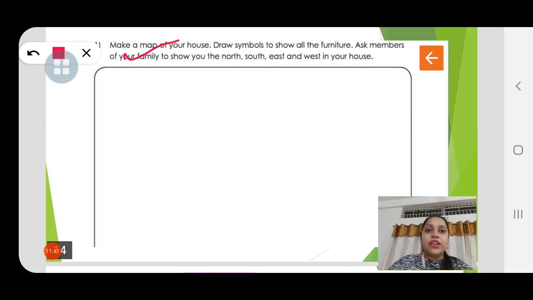Now children, this you'll have to do on your own. Okay, this is your homework. After this video, I'll give you the date when you'll have to submit it. You do it in a colorful way, you use colors, and very nicely, clearly and in a beautiful way you draw this map of your house. So children,